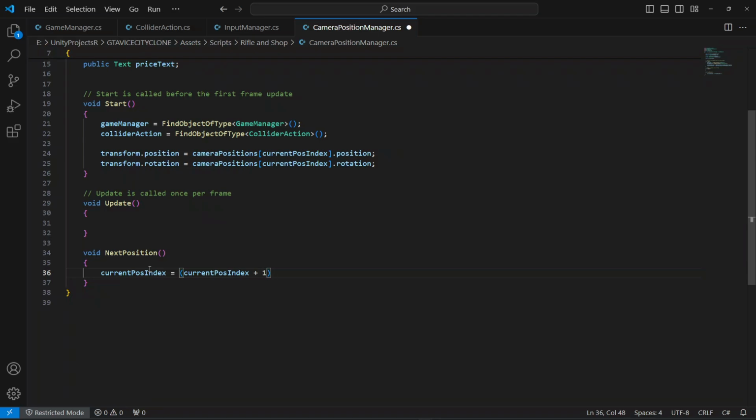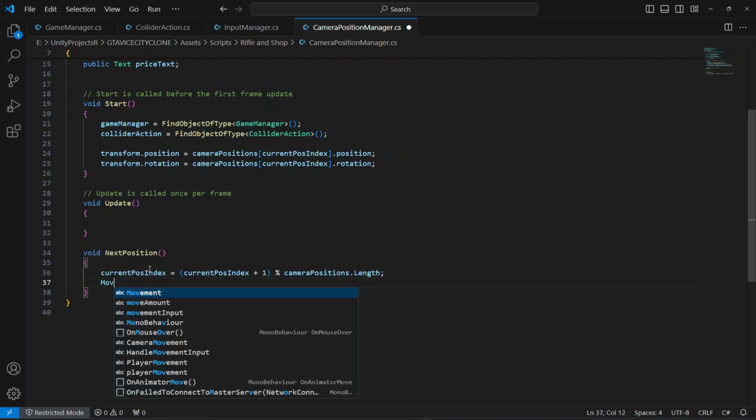So we're gonna say +1 right here, and we're gonna divide that by the camera position dot length. Okay, so if the length is 3, then it will move in 1 2 3. That's it. And when we click the previous button, then we will use -1 and it will move to 3 2 1 like that. Okay,